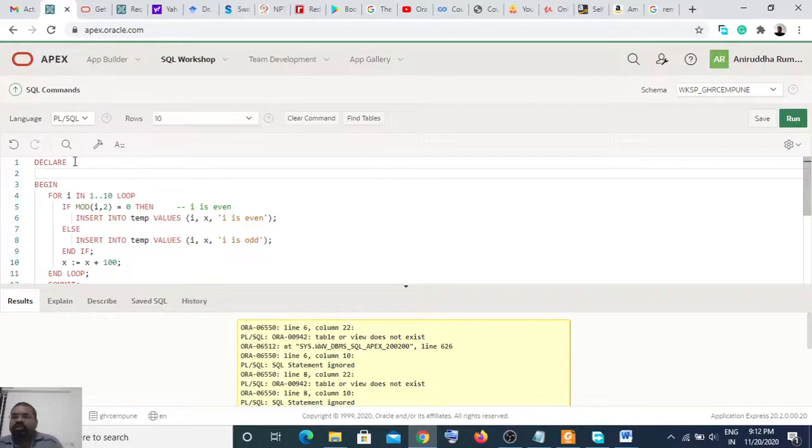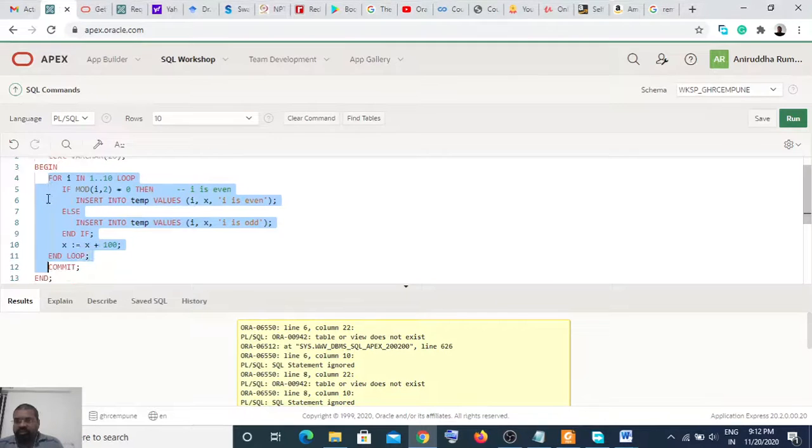Here we are not using the declare now; we are using some text as varchar, and the maximum length of this text is 20, and then I'm just deleting the entire loop from here.